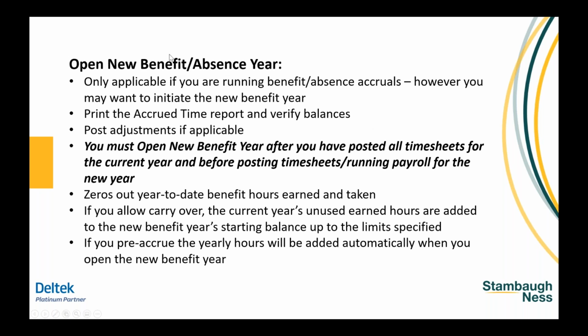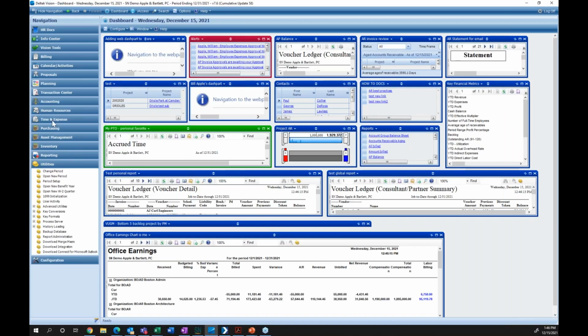The first thing I typically have the chance to complete is my benefit year. Now, in Vision, the screens have not changed. They're all located under Utilities, Open New Benefit Year. If your benefit year does not say 2021 to 2022, please stop. If it's a future year, stop. If it's backwards,